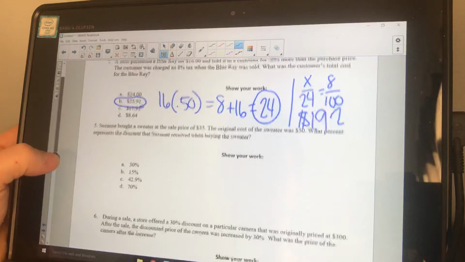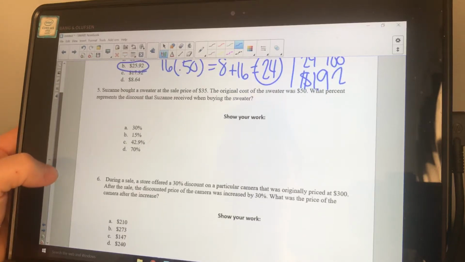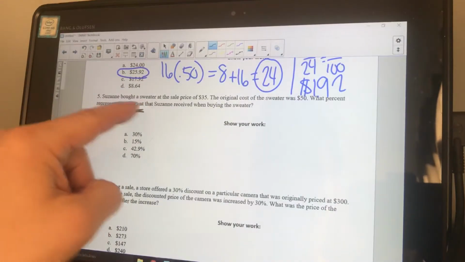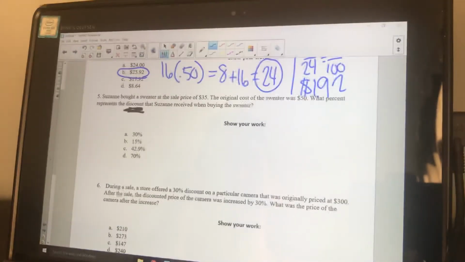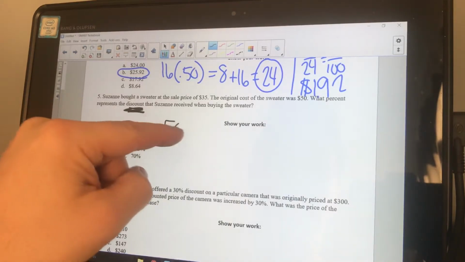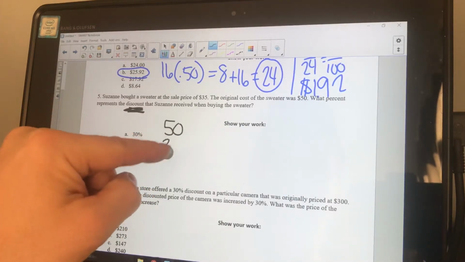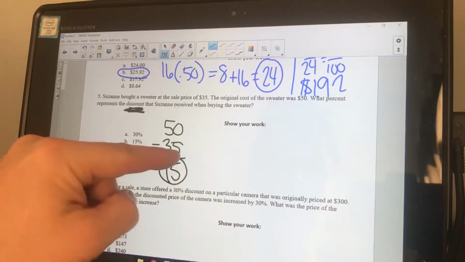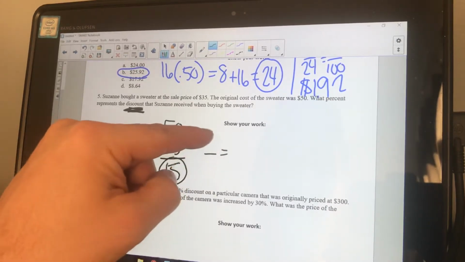Number 5, Suzanne bought a sweater at the sale price of $35. The original cost of the sweater was $50. What percent represents the discount? The most important word, the discount that Suzanne received. Now, we don't know how much the discount is yet, so we have to find that by subtracting 35 from 50. So there's $15 in discount. We need to find